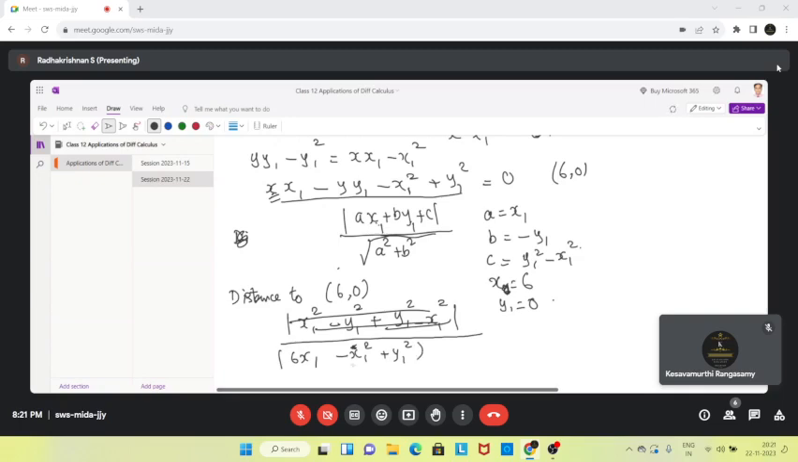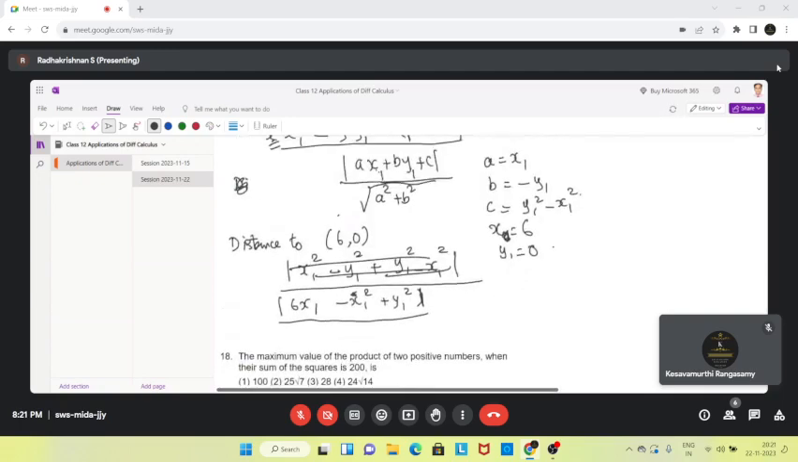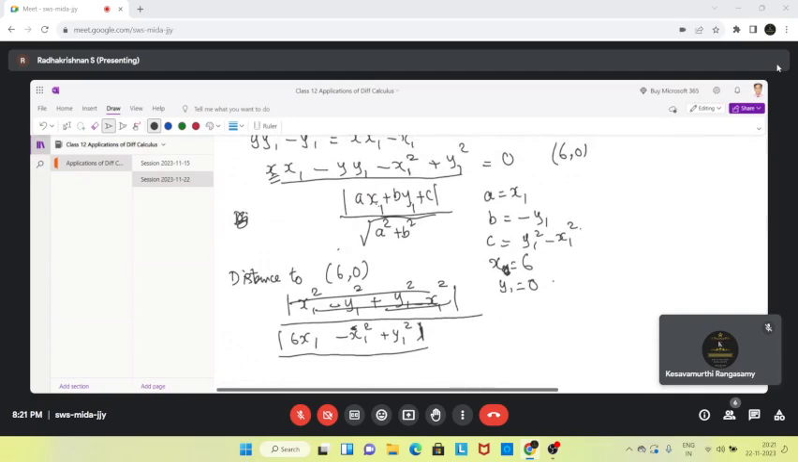Maybe Sandeep you can tell us, the square root will come for which term? Whole divided by square root of a square minus b square. So in this case, a is x1 and b is y1. So this will be square root of